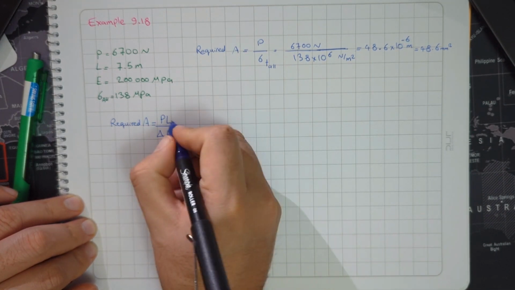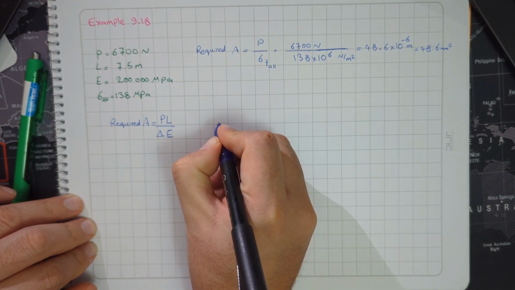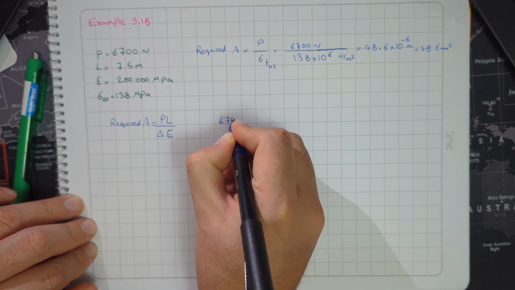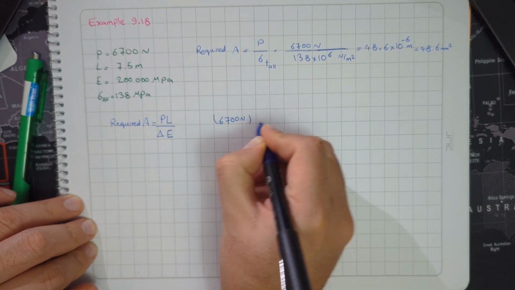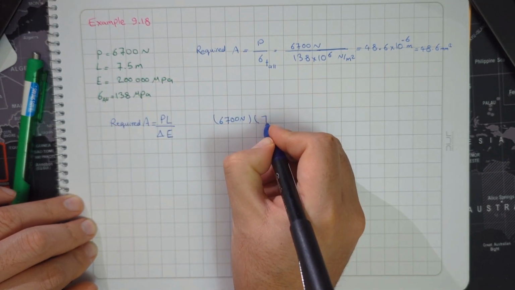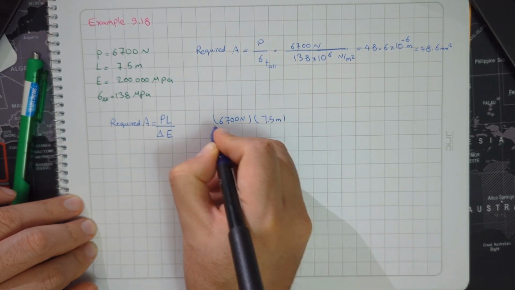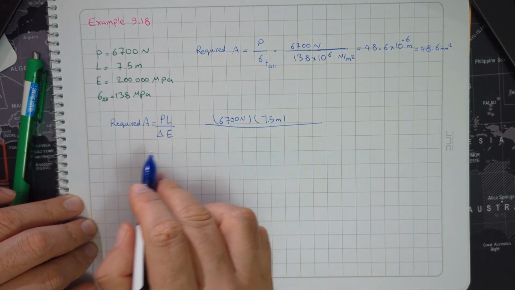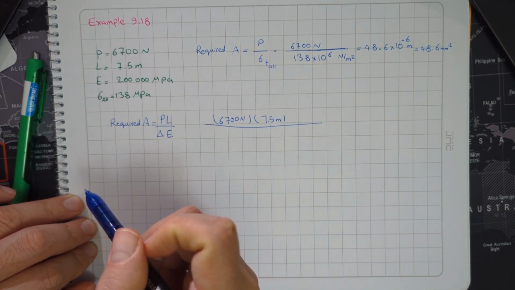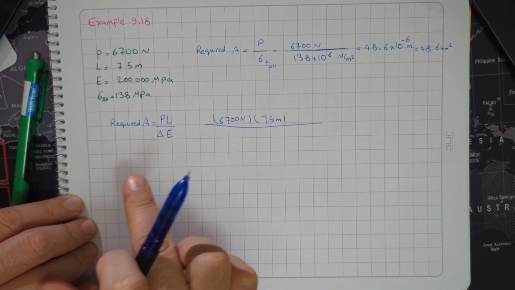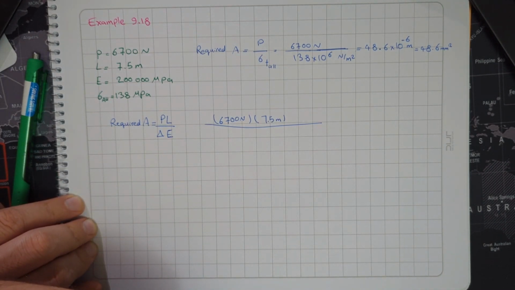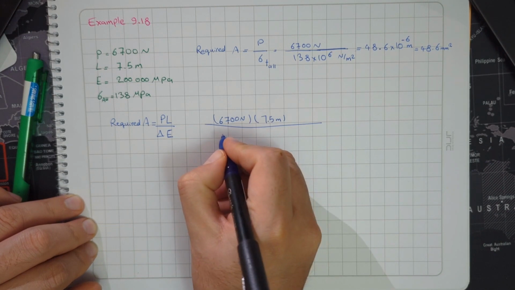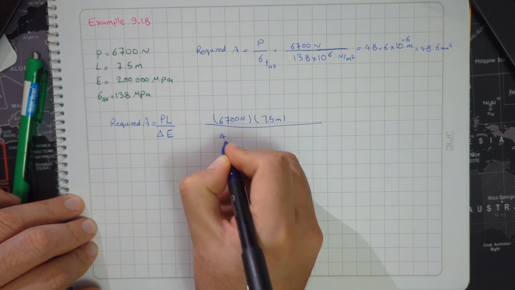So P was 6,700 Newton. L was 7.5 meters over the total deformation, or delta was 4.5